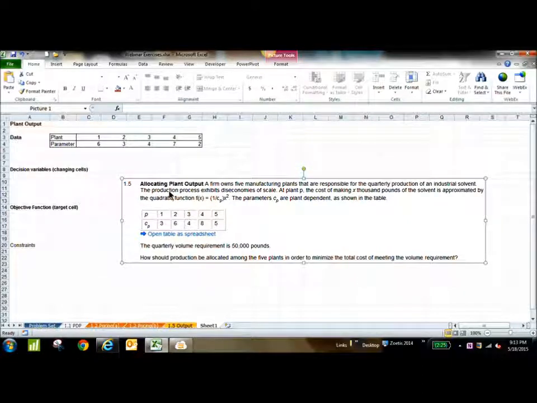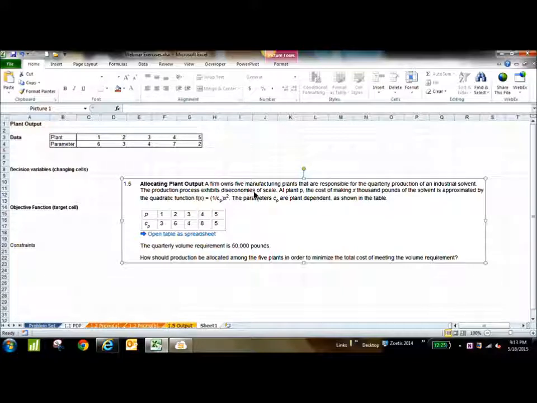I don't necessarily agree with this exercise being brought to you in Module 1. Reason why? Because some of the concepts will be touched on in the next modules as we get into linear programming. The allocation model, or the allocation of plant output, is one of the models of linear programming. What we're trying to do is,